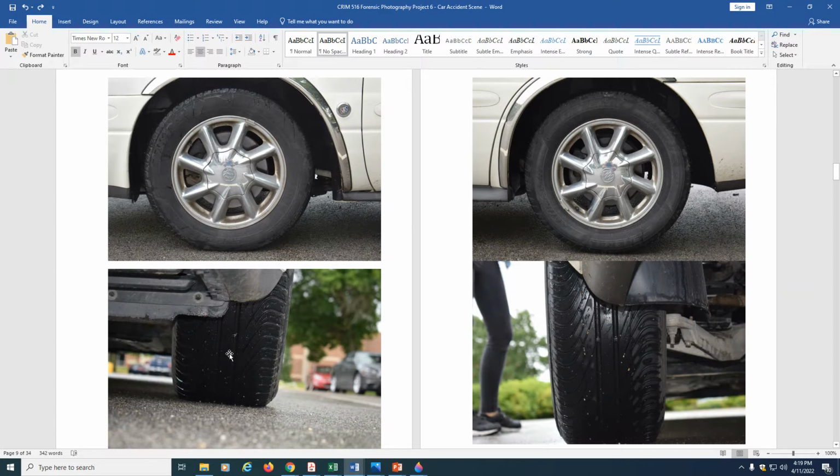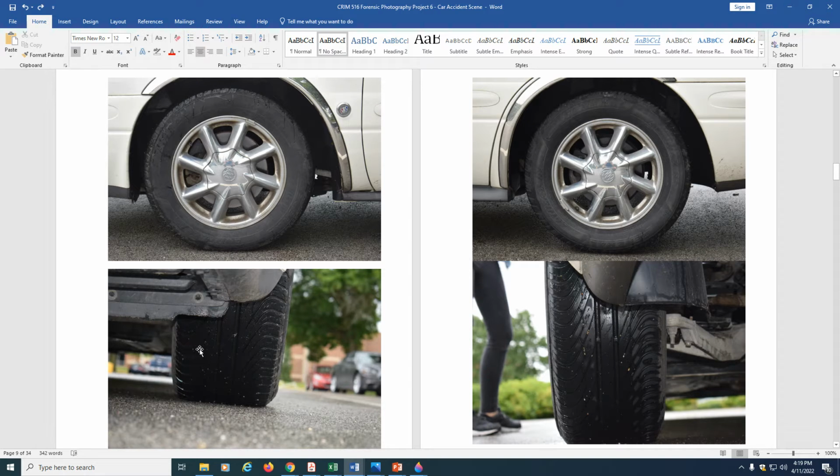Okay, it doesn't have to be every single inch of tread, just simply in general, what's the condition of the tread, right? And also if you happen to find anything in the tread, yeah, you can photograph that. But for the most part, you're looking for condition of the tread. So tire and wheel, tread,